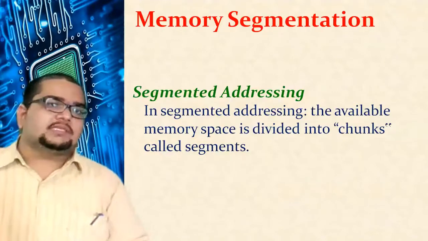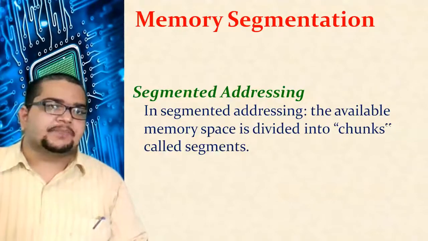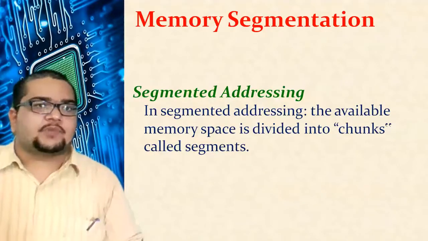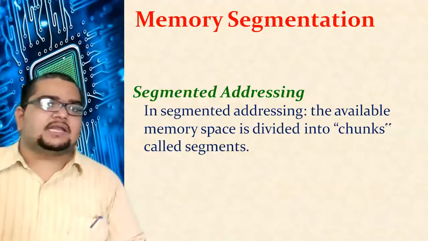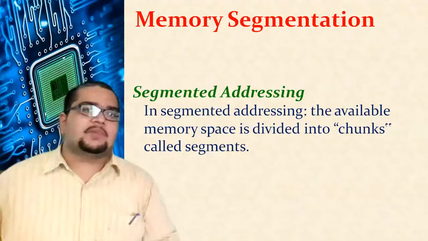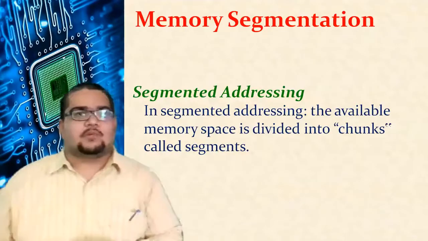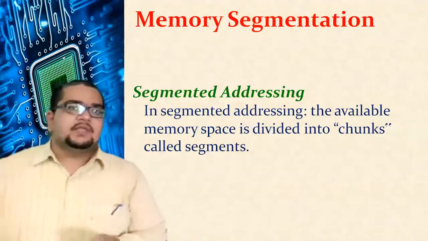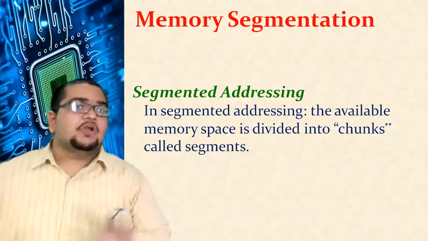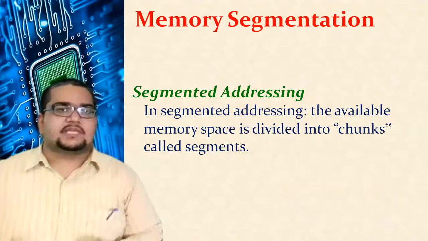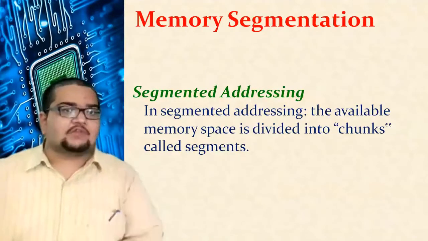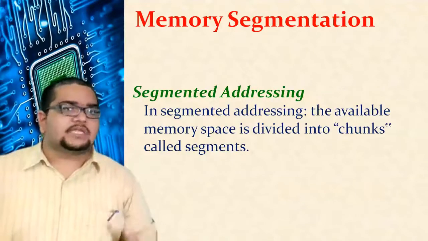Suppose we talked about programs earlier. Programs contain instructions and data, so we have to store instructions and data onto the memory. In some processors where linear addressing is used, it is difficult to separate the program instructions from the data, that means program memory from data memory. Whereas in 8086, that feature is available: we can completely isolate the program instructions into one part of the memory called the program memory or code memory, and in another part of the memory we can save our data, which we can declare as data memory, or the data segment of the memory. Similarly, the code segment of the memory.